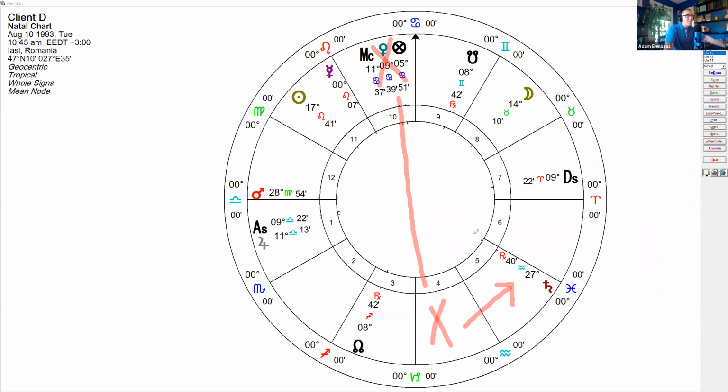However, this person has not yet gone through their Saturn return, and I have found consistently over and over again that one of two things happens if someone meets someone of importance right as they're heading into a Saturn return. One, the individual will deepen or solidify a commitment during the Saturn return with the person that they've met, or two, the relationship will break off in a dramatic way that also becomes a pivotal lesson for the rest of their life. So I think client D in the early 2020s, if this relationship is to last,